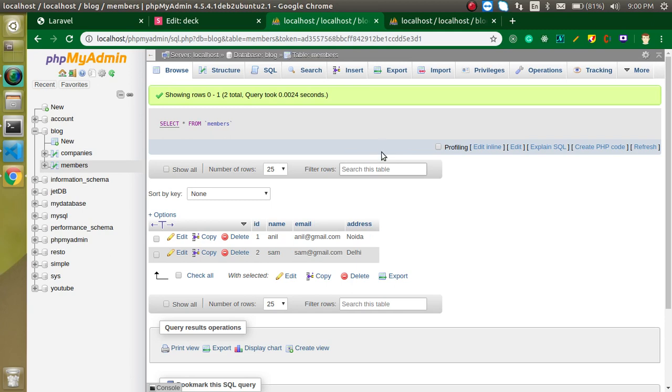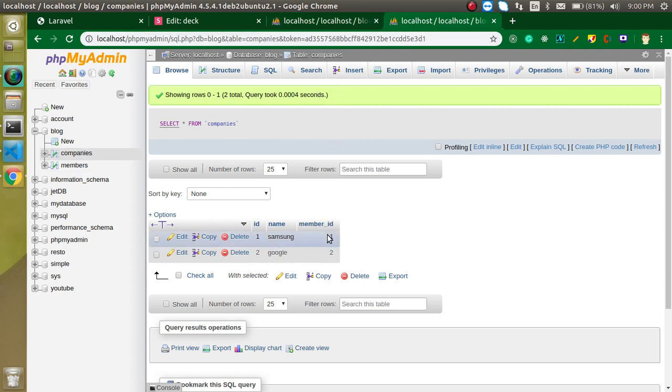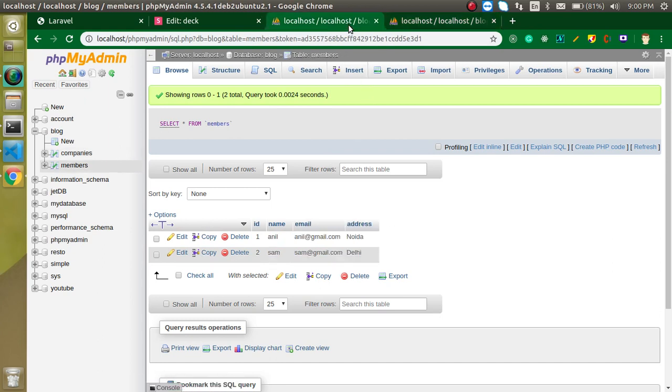So I just want to find a relationship, so how can I do it? It can be done by any unique key, like the ID of this table should be present in the another table. So let's say the ID of the member table is present inside the companies table with the name of member underscore ID, right?